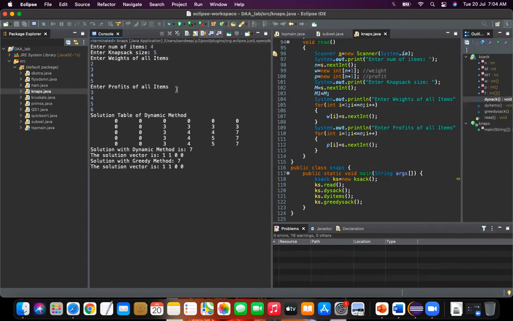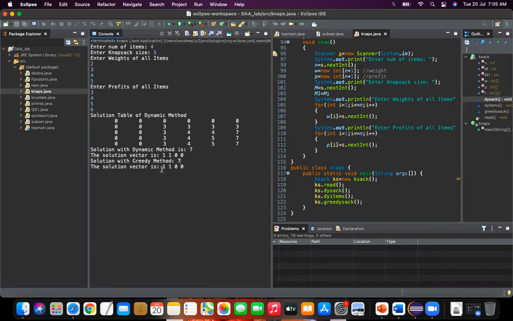And for this knapsack problem, you can see the maximum profit you will get is 7 using the dynamic method. Maximum profit we are going to get using the greedy method is also 7. So both are giving the same results. And which are the items that are selected? 1100 means item number 1 and 2 are selected.